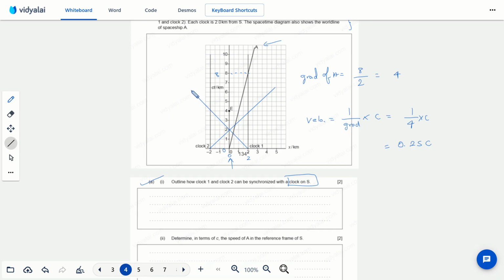Why do we need to have a gradient of 1? Because it is describing light. Although these lines might not be perfect, you need to make sure that the gradient of these two lines is equal to 1. Otherwise,